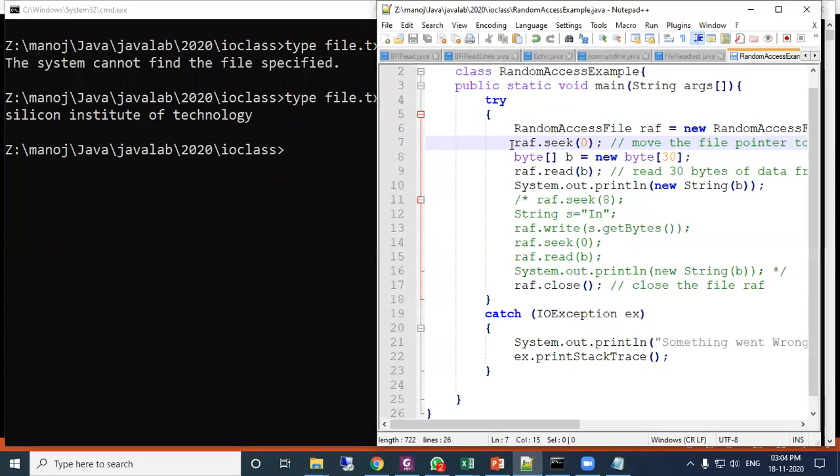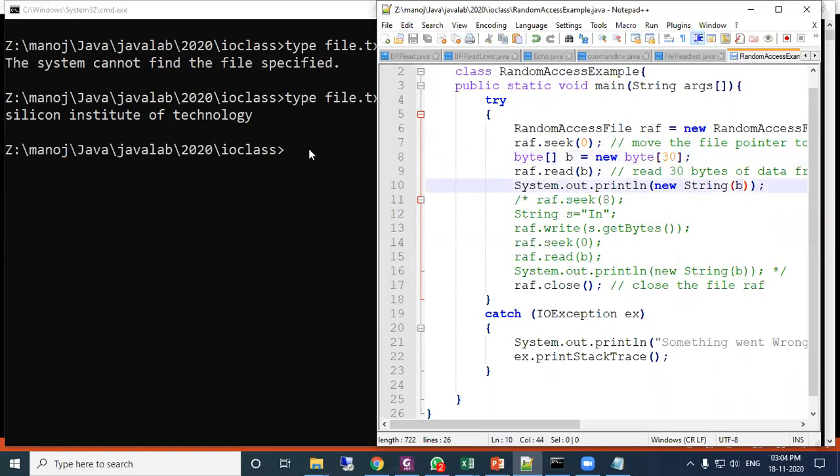Now when I run this program, this file.txt will be opened in read write mode. Then move the file pointer to 0 position. Then read the data. This number of characters, bytes of data, will be read and stored in B. Okay, and here it will print.